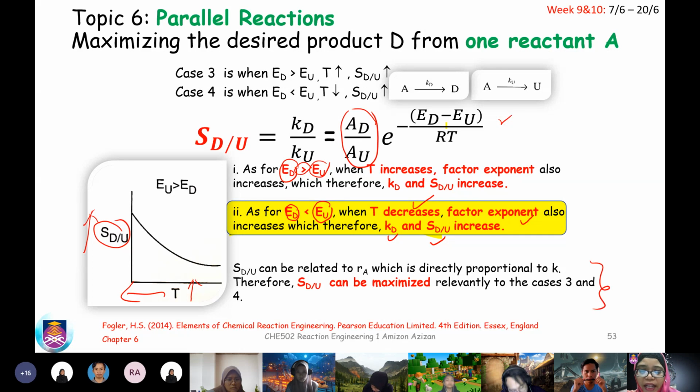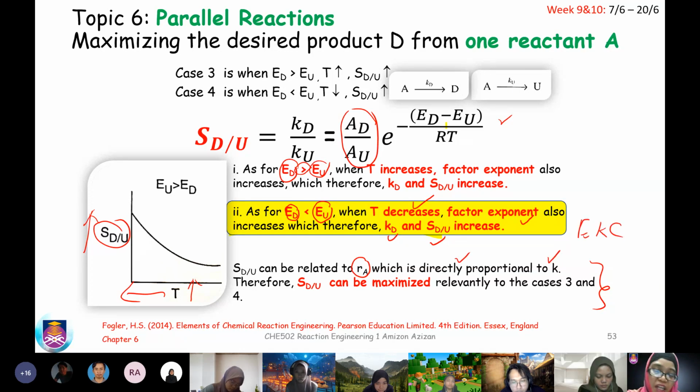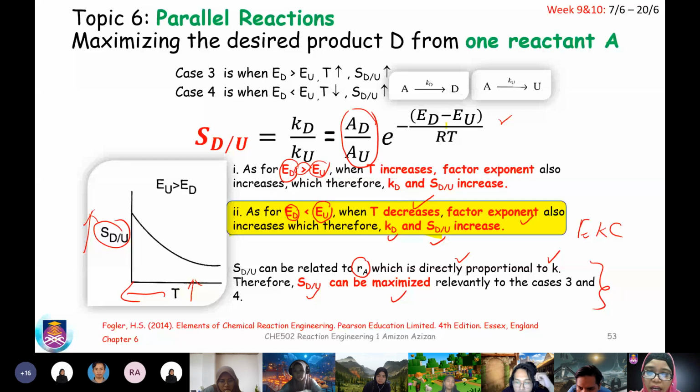Now, let us read the last sentence which I wrote here. The selectivity can be related to RA, which is the rate of reaction, which is directly proportional to the concentration. You know that R is equivalent to K and C. Therefore, the selectivity can be maximized relevantly to cases 3 and 4. So this is just a statement saying that we can use selectivity with relevant understanding to maximize